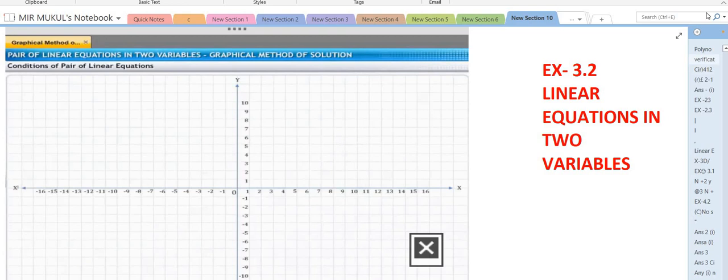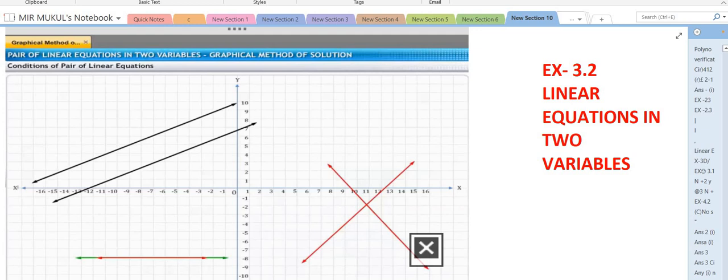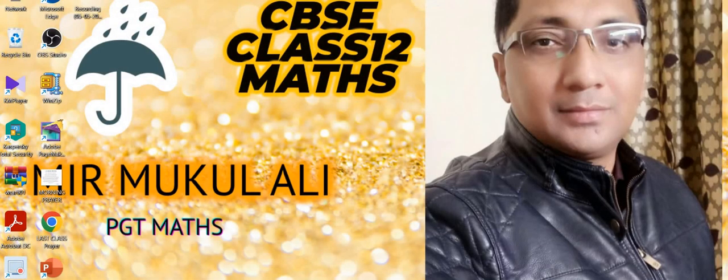As discussed, when any pair of linear equations in two variables is plotted, two straight lines are obtained. These lines may either intersect each other or be coincident with each other. These lines can also be parallel to each other. Each of these conditions